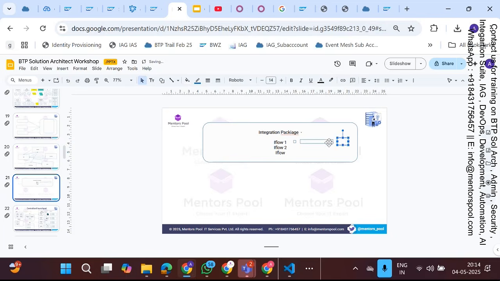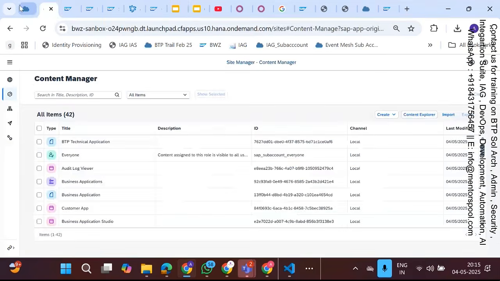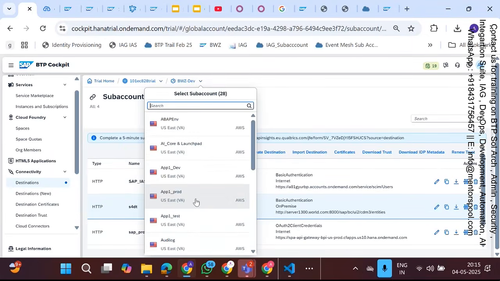S4 receiving it. One more iFlow you're creating, let's say, where S4 is sending data to the inventory system. Let me make it double. And then the inventory system is the target system. Now the inventory system is again becoming the source, confirming that the stock is available for the order. See, you'll keep creating multiple iFlows with sender and receiver there. You'll design the complete scenario as one package. That's why we have a separate tool, and I have kept it in Integration